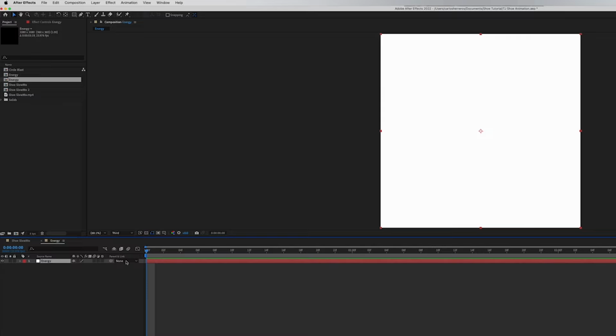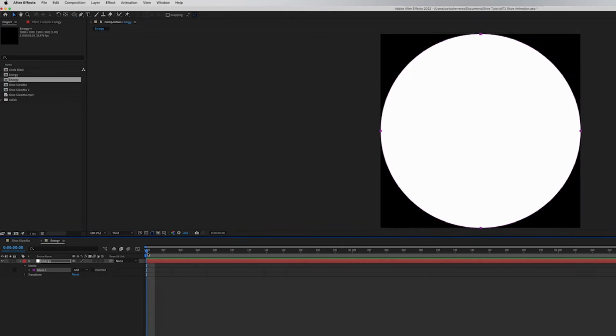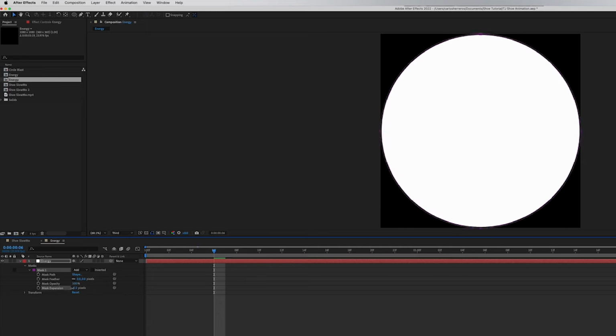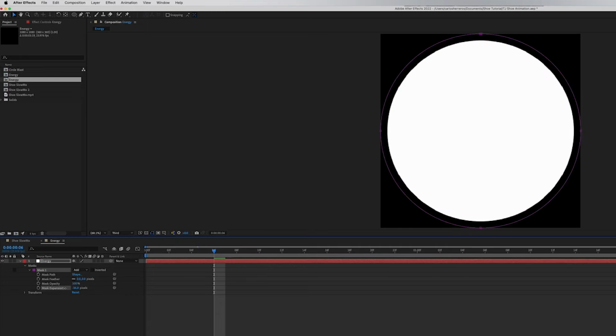Make sure it's still selected, and we're gonna go up here, and right now it's on rectangle. We want to get ellipse, so click on that and then double click on ellipse, and it'll be a circle just like this. Let's see, so I'm gonna go about like right here, and we want to have our mask pulled up. What we want right now is mask expansion, so I'm gonna come down just a tad. I'm gonna go to my feather and feather it quite a bit,